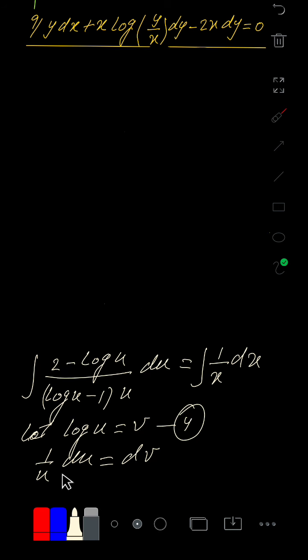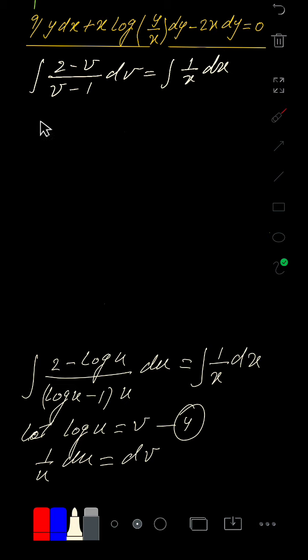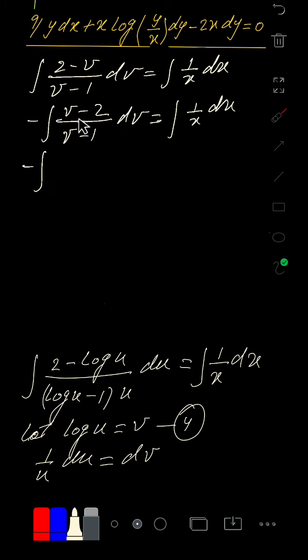Now proceeding from this step, the left hand side of this equation becomes integral (2 minus v) upon (v minus 1) dv is equal to integral 1 over x dx. Now taking minus common out of it, we may write it as minus integral (v minus 2) upon (v minus 1) dv is equal to integral 1 over x dx. Minus integral, v minus 2 may be written as v minus 1